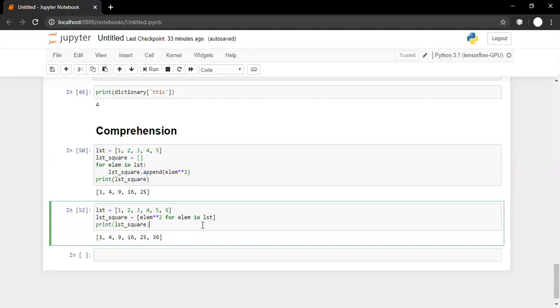Yes, Mukesh? I hope I answered your doubt, but again, it depends on how you are coding it. If you are not a good programmer, then you can code anything which works slower. But if you are a good programmer, then comprehension will work faster.